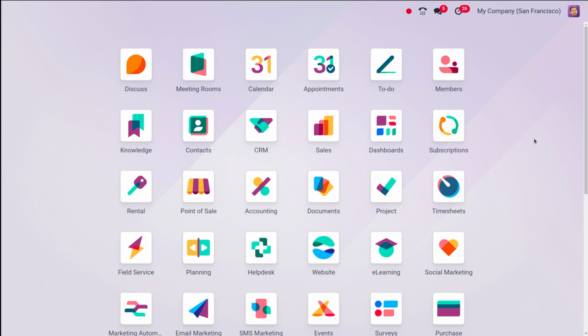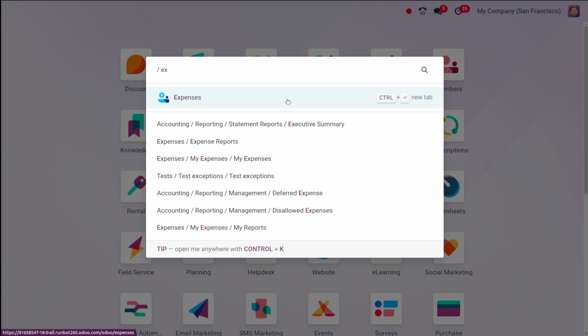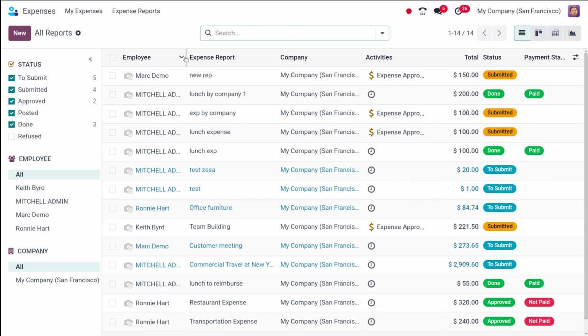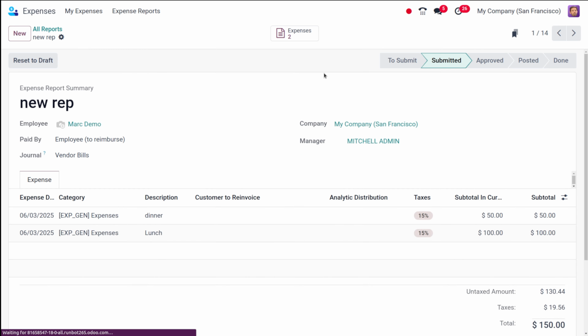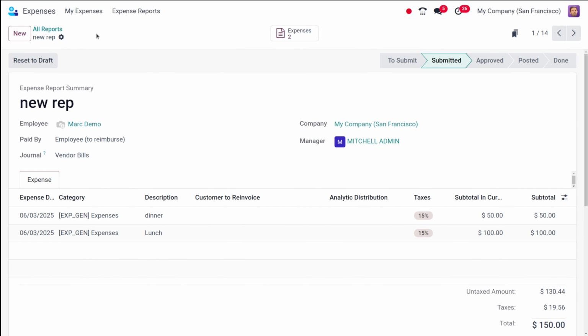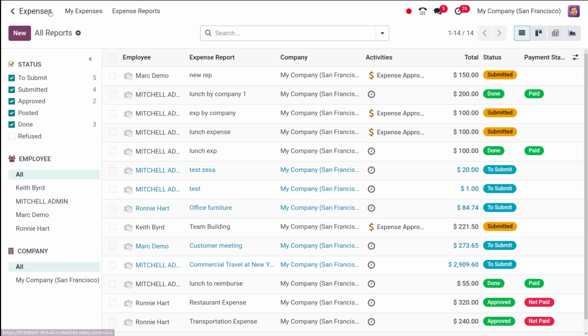For that, you first simply go to the expense reports. So, Expenses. This is the expense module, and I've logged in as Mark Demo. If you go to Expenses, under the expense reports you can see all the reports over here, and you can see the status as well. If I open this one, you can see it's been submitted, but I can't find an approve and refuse button over here. This is a report which we have created right now for Mark Demo, where the manager is Michelle Edmond.